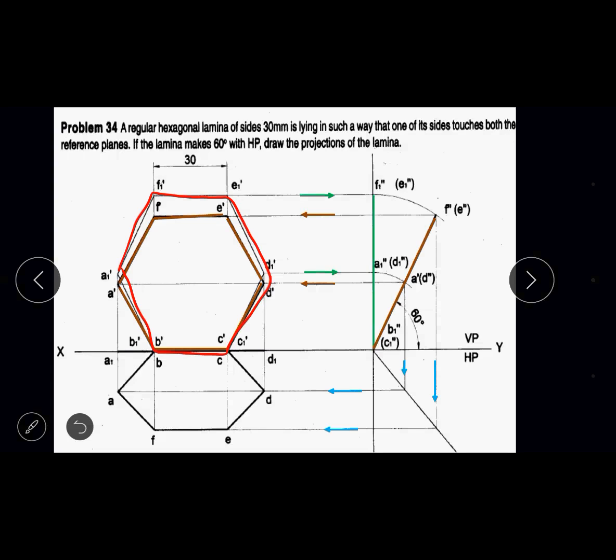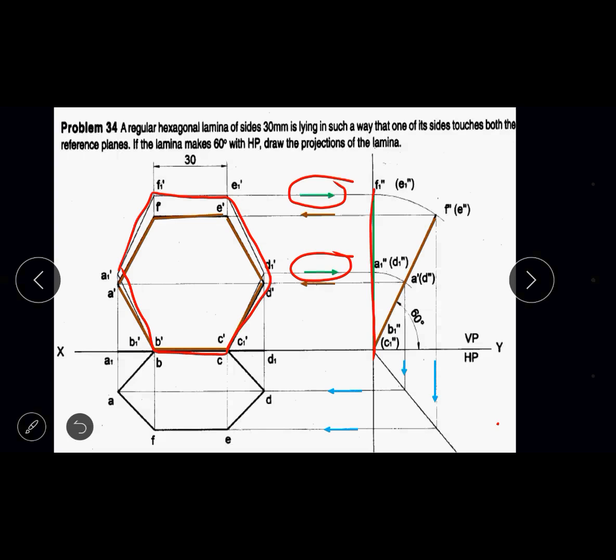Then after that, get the side view of the lamina. So in this problem, we will be taking the help of side view of the lamina. So draw the projection line I have shown with green color. So you can see the green color arrows. So green color arrows indicates projection line drawn from the regular hexagonal lamina. So when you draw the side view, you will get a vertical line which I have shown with green color, along the x1 y1 line.